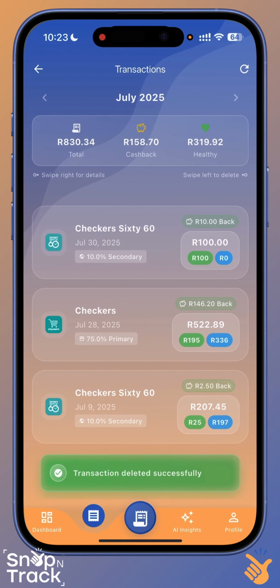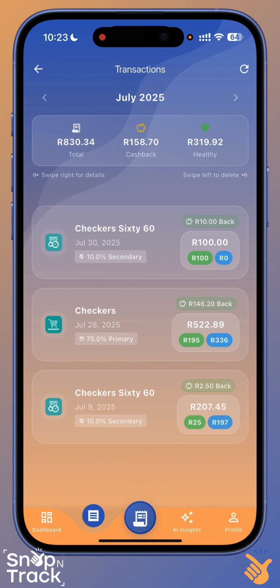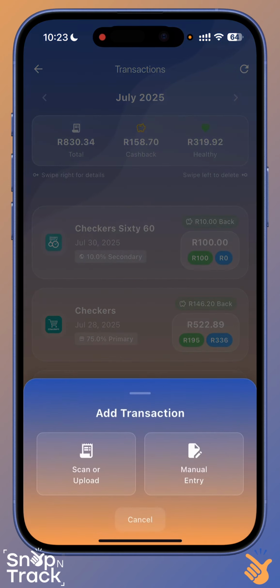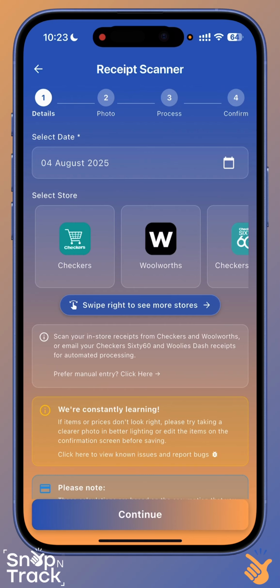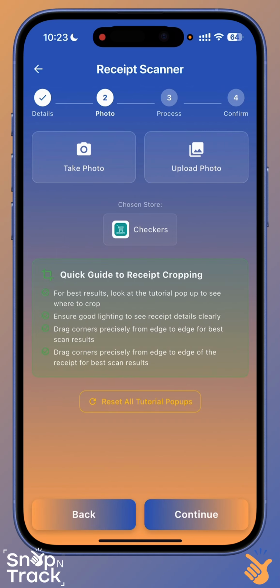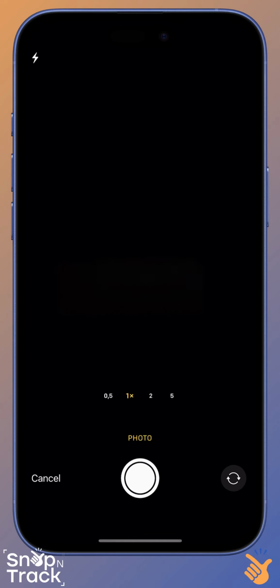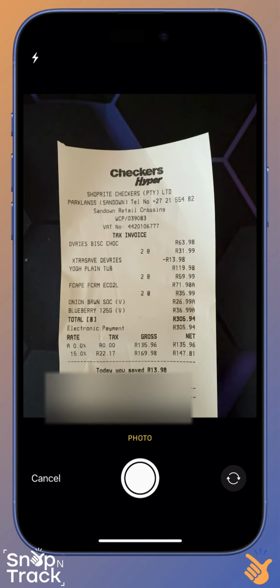And then the crux of the app is the scanning, obviously. So you click on scan. Then there's two options. We have a scan or upload and a manual entry. So I'll choose scan and upload. I'm going to do a Checkers example today. Click on that and we're going to take a photo. And you'll see here, take a picture,